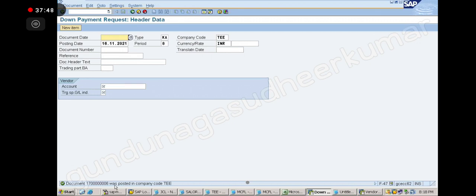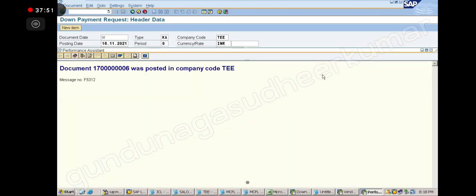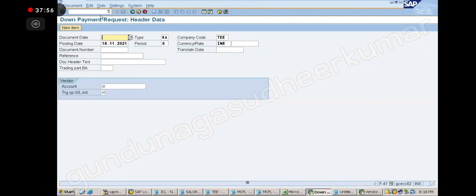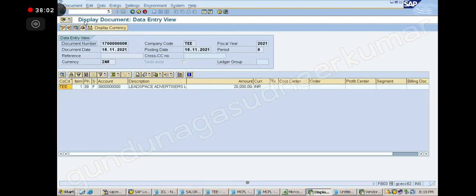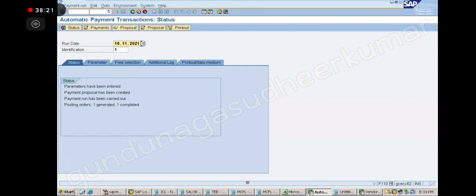So what is this? This is a noted item now? Yes. Now how many lines are there? One line only. That you have to remember, right? Noted item is a single line transaction which provides information with regard to the down payment to be made. Next. Next what do I see? We have to run it. F110. Yes, sir. Correct.